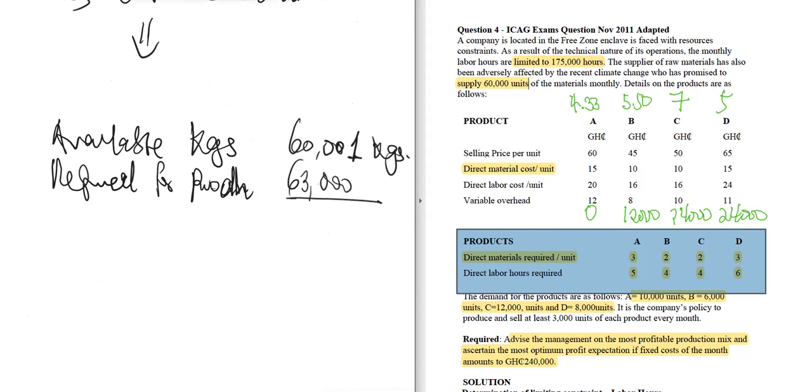That means you have what? A 3,001 kg shortage. Okay. It still becomes a limiting factor, even though you add an extra unit to it, right? So what then happens? Everything will still remain the same. Despite your production, it is the production capacity that you have to check and see how much it affects your production